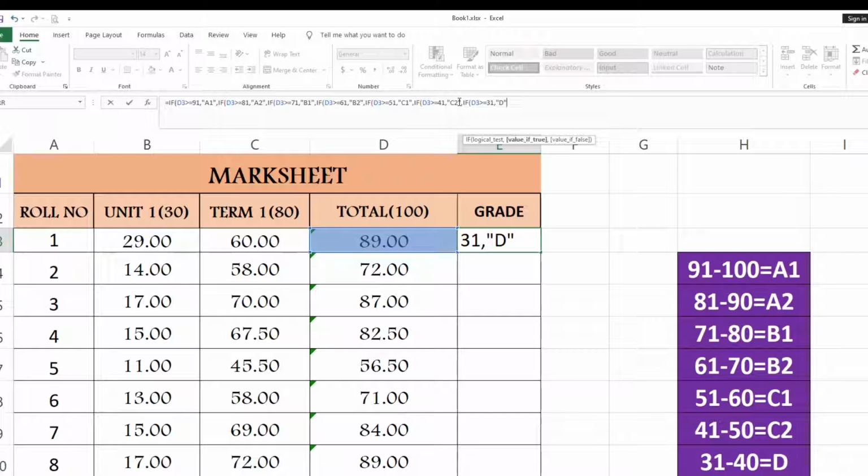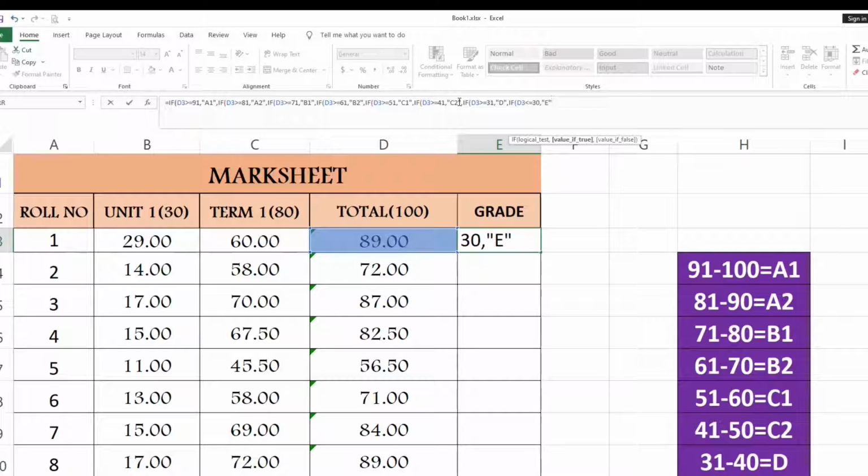So that's why one more there. IF D3 is less than or equal to 30, then E grade.